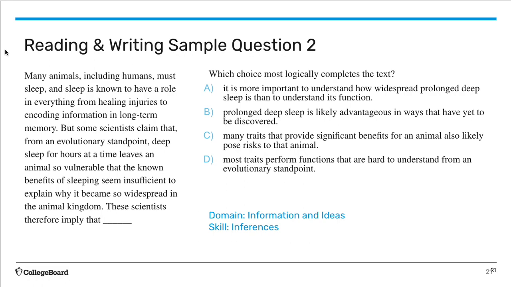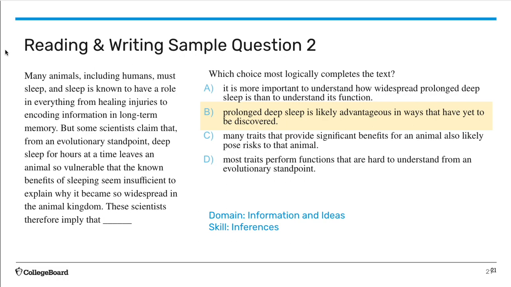So the correct answer here is choice B. B is the best answer because the passage indicates that although scientists recognize that sleep, which is widespread among animal species, has benefits, some scientists believe that deep, prolonged sleep is so risky from the perspective of an animal species' survival and well-being that there must be some so far undiscovered advantages to sleep to make it worthwhile from an